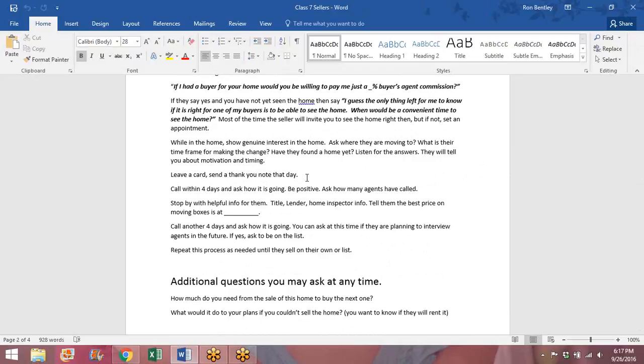Something just basic. Thank you very much. Throw your card in there. Mail the thank you note out again. You're going to call in 4 days. Why 4 days? Well, mainly because if I mail it tonight, it's being picked up tomorrow, and then since it's local, it'll be delivered the next day. That's 3 days. So 4 or 5 days into it, I'm going to call them